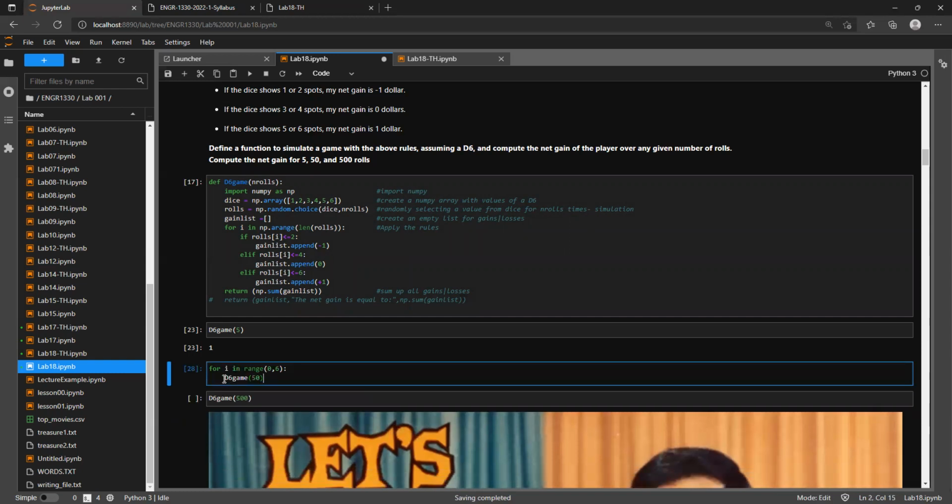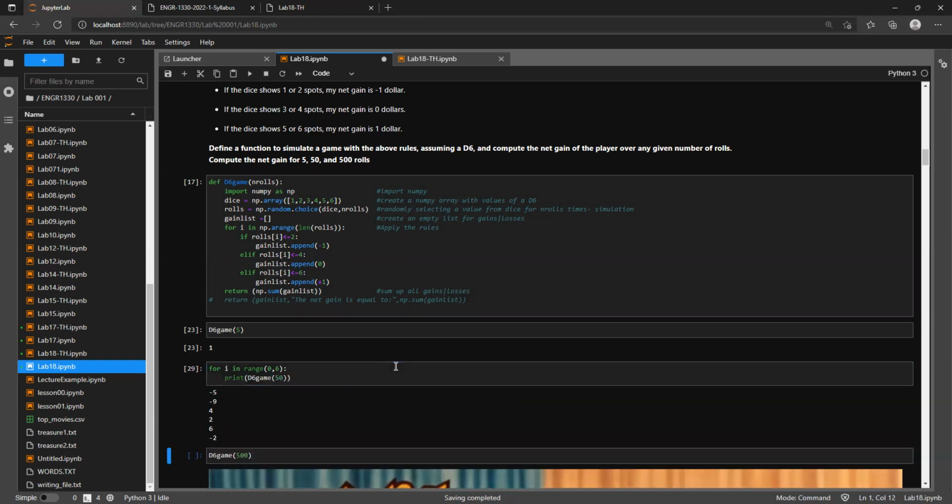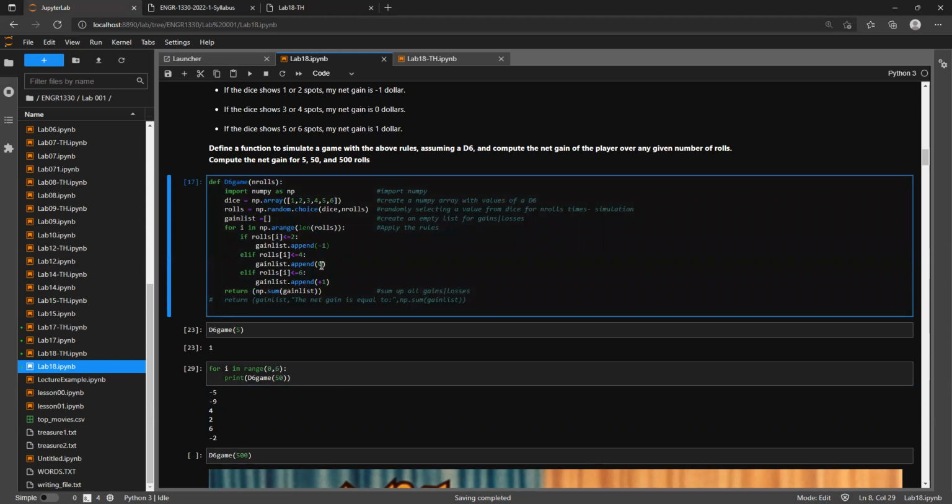All right, it won't print. And this is now an experiment, just slightly different terms, but we're doing the simulation of rolling the D6 50 times. And now I'm saying do that 6 times. What's worth noting about it is that because we know that the expected value is 0,